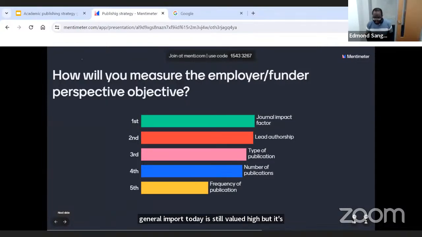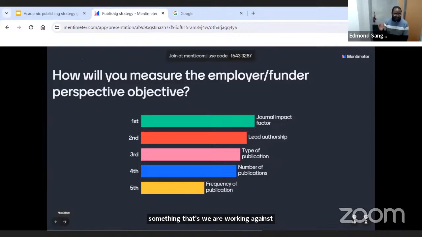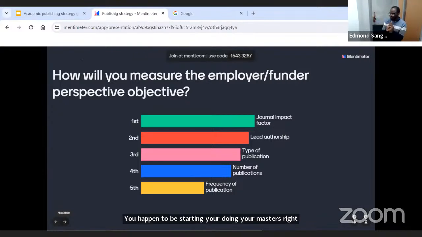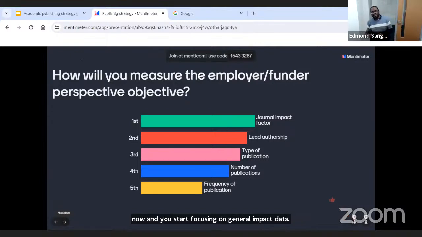we are working against, really, and we are working towards moving away from journal impact factor. There are organizations working towards moving away from journal impact factor, right? Now, you happen to be starting, you're doing your master's right now, and you start focusing on journal impact factor. Probably by the time you are in the job market, journal impact factor is no longer that important. So